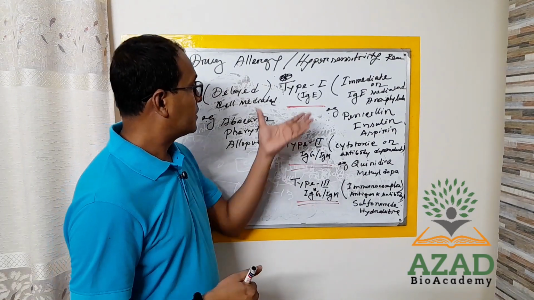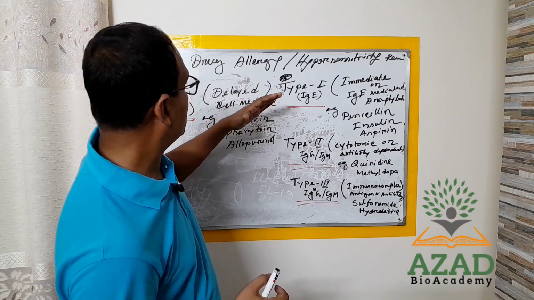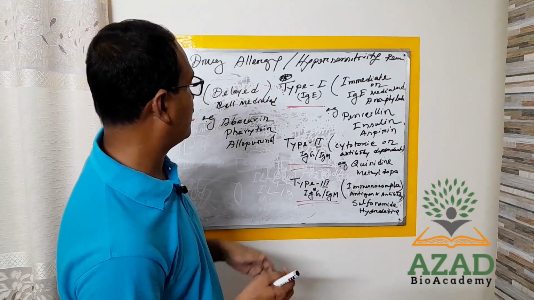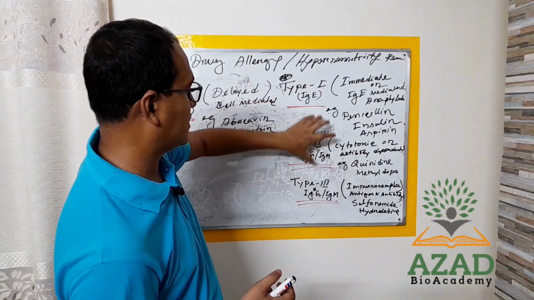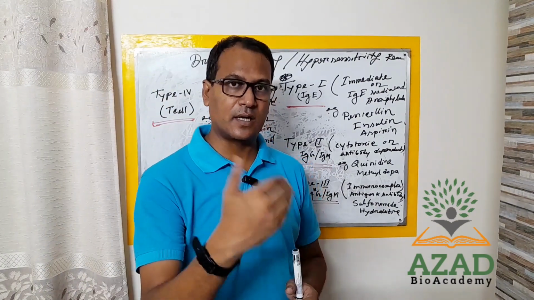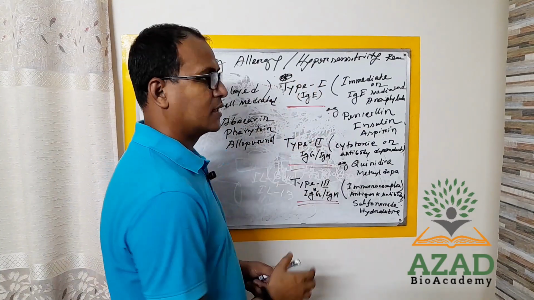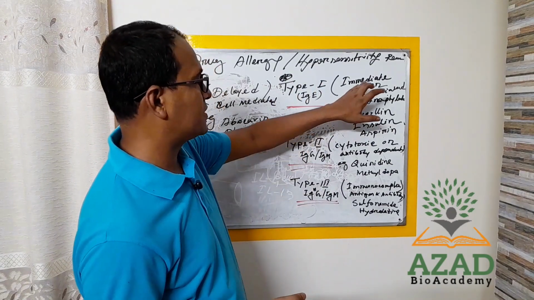So already drug allergy is basically classified into four types. One is type 1, type 2, type 3 and type 4. Okay, so one after another I will discuss. So come to the point. Type 1. Type 1, its another name is immediate